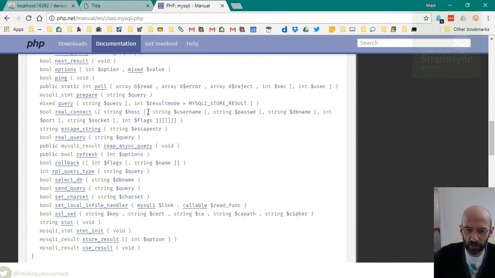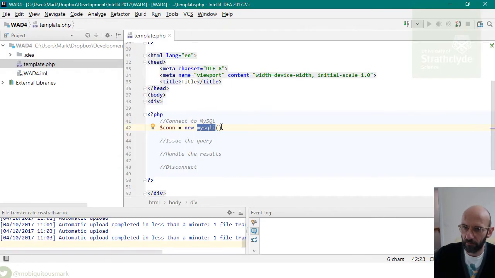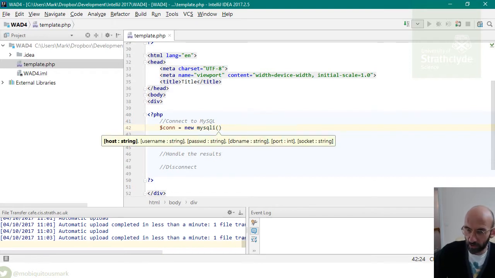Okay, so it tells you more details, lots of details about it. But IntelliJ is really good at helping us fill it in. So the first thing we've got to give it is the host name. Now that's going to be